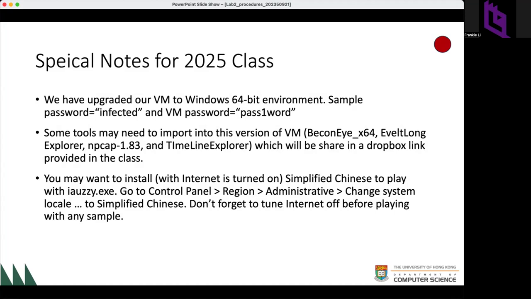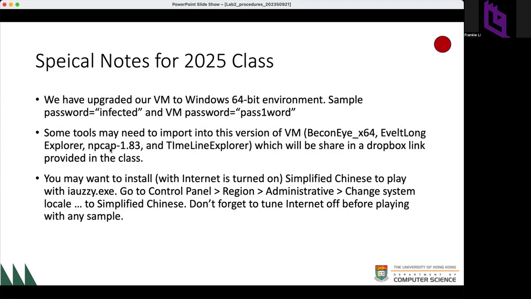However, for some tools, if you want better features, especially for behavioral analysis and detection of Cobalt Strike beacons, maybe you need to install Beaconize, Event Log Explorer, spelling is not correct,